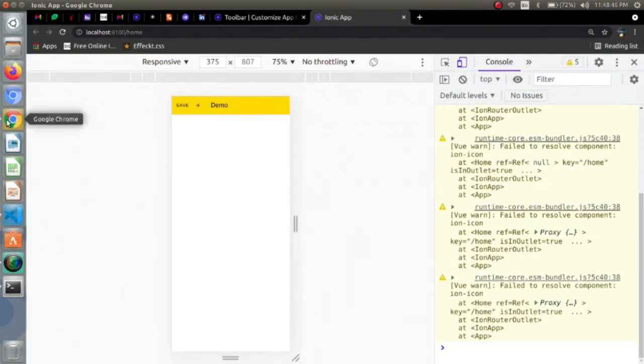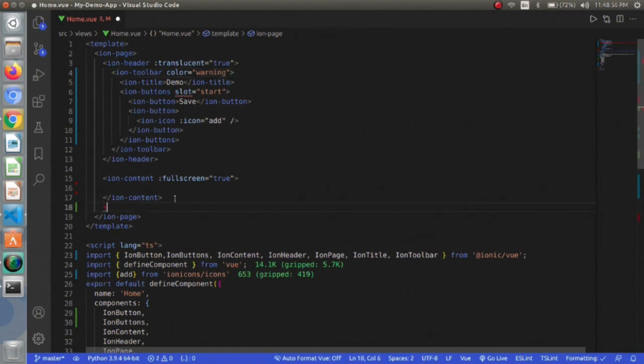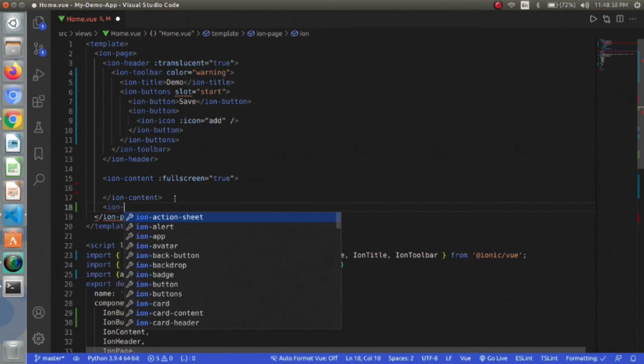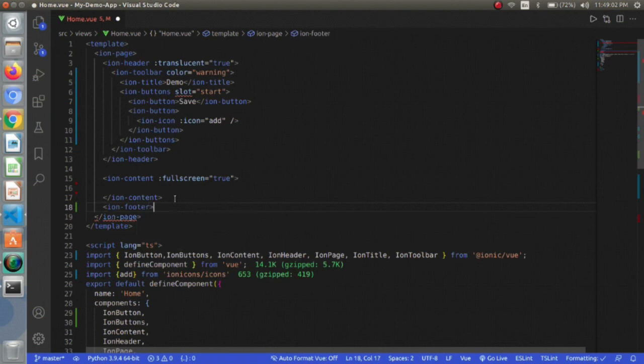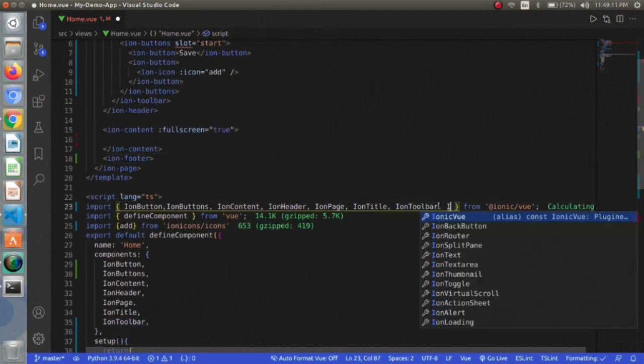So this is the way how we can create a toolbar in header, and the same thing we can do is we can create them in the footer, and it will be just below our content. So before using them in the footer,